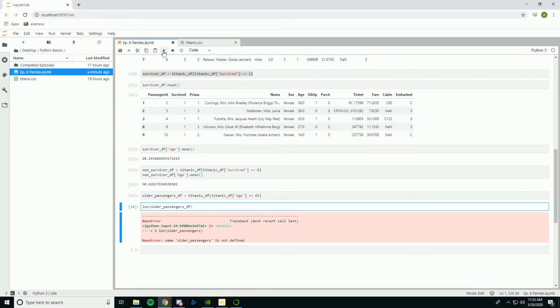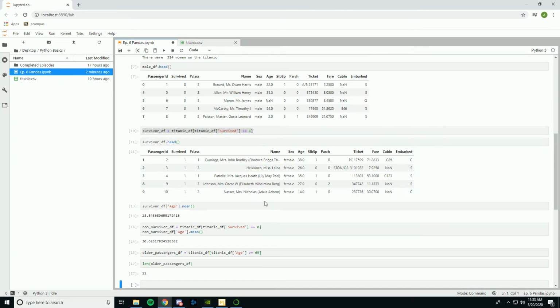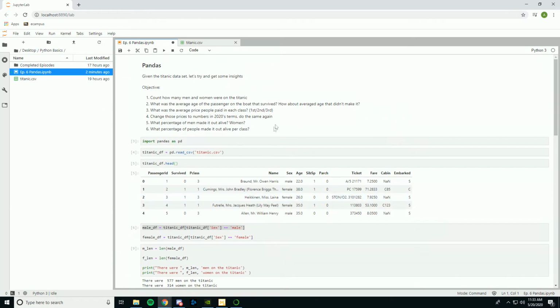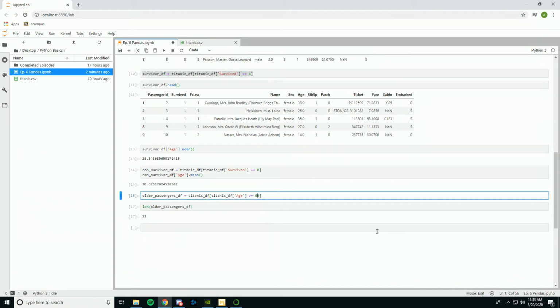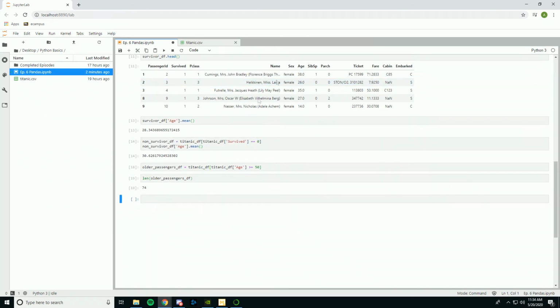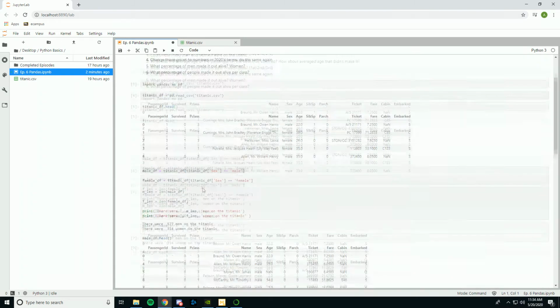So there were only 11 people on the Titanic that were older than 65. Now granted, this did happen in 1912, and this did come out of Great Britain, so you figure the life expectancy then wasn't quite as high. So maybe we'll change this down to 50. I know 50 is not very old, but there were 74 passengers on the Titanic that were over the age of 50. So maybe these people were just a little hung out to dry when they had to stay in